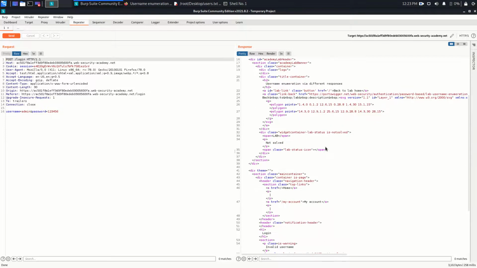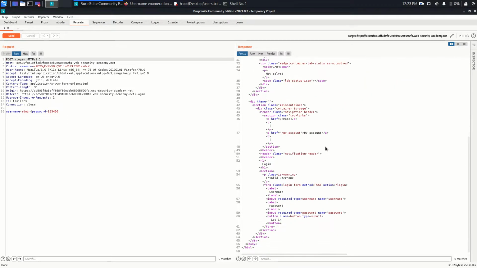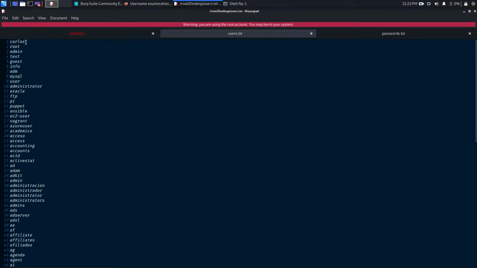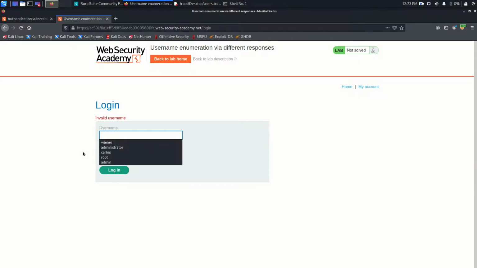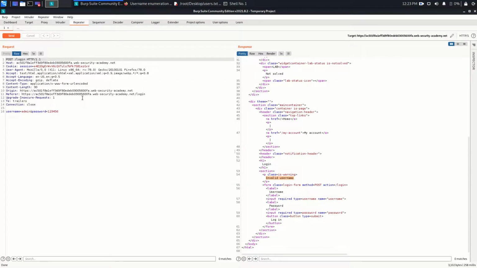So the message we got once we authenticate ourselves is that invalid user, right? So what we will do, we will take one of these users and put it in this field with any password like 123456, and we will see the response we get, like invalid user or whether the user is there or not. So if we do not get invalid user and we get invalid password, it means that user is present in the database, right? So what we will do, just send this request to the Intruder,